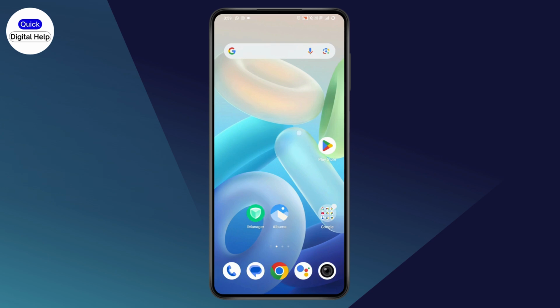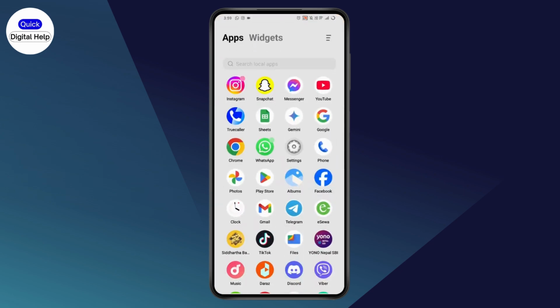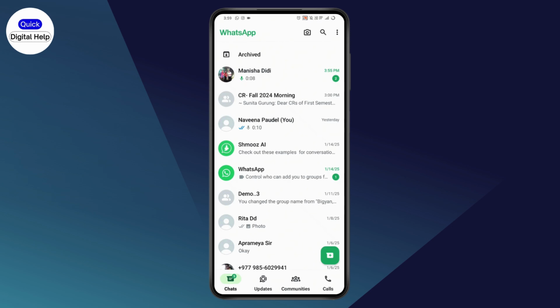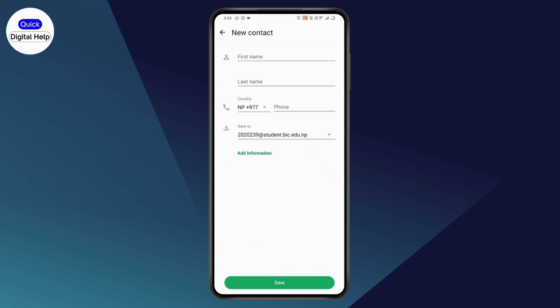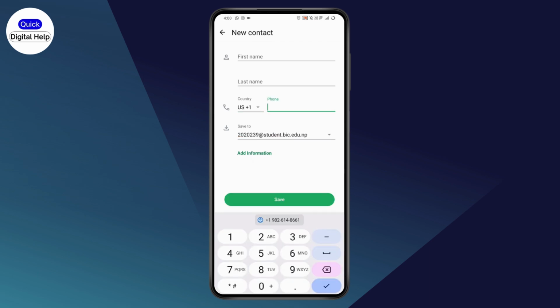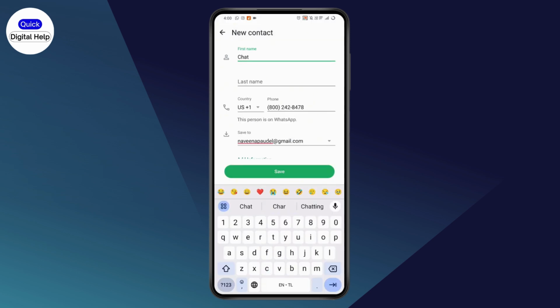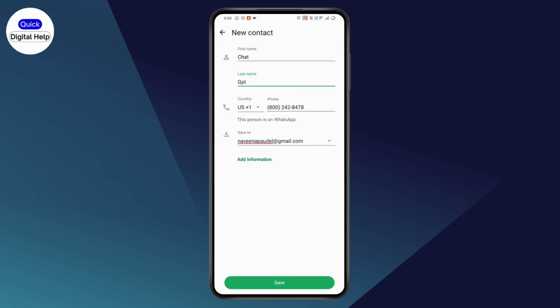So what you need to do is just first you need to open up your WhatsApp, or you can just go with your contacts. So I'll just go with WhatsApp. Go with the plus, which is on the bottom right. Tap on new contact, and here go with the phone number. Choose the country code as +1, and then enter the phone number as 800-242-8478. Go with save destination and go with the name, first name and then last name, and tap on save,